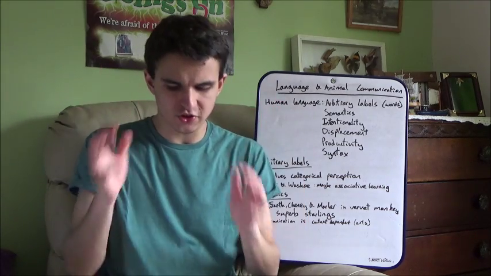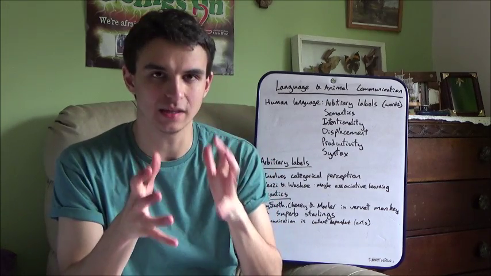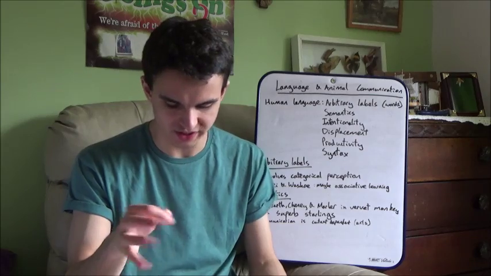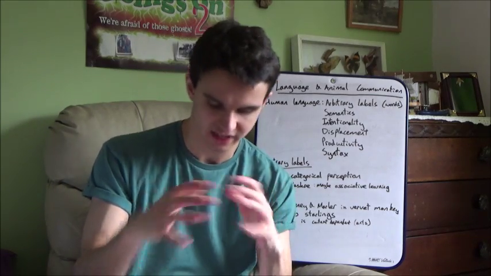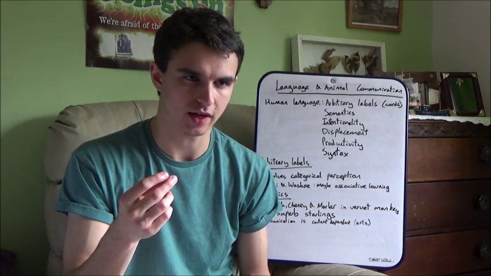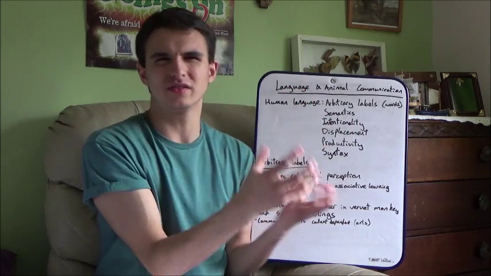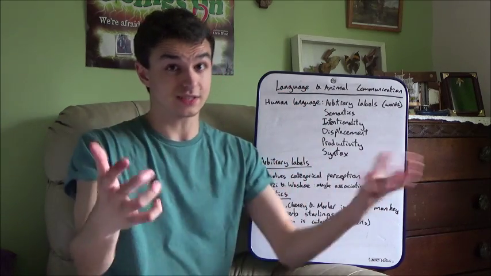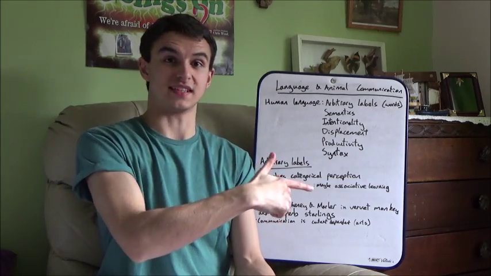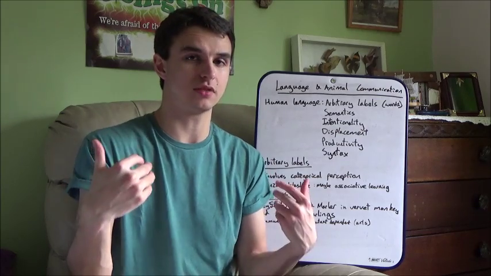A science writer, Virginia Morell, stated that linguists say that animals lack the key elements of true language, and that is the ability to use abstract symbols in an infinite variety of ways to communicate about the past, present and future. Okay? Now, we're going to look at all the different components to language, and we're going to look at scientific experiments that may state that animals are expressing these particular features of human language, okay, which we think is unique to us.